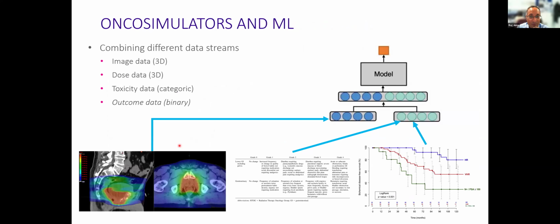Okay, so the idea that we had is to take oncosimulators and maybe start combining them with the sort of machine learning tools that you use in data science. Because if you do any kind of integrative cancer medicine, you are typically trying to combine some data from images. If you're a radiotherapy specialist, that image includes dose data as well, because radiotherapy is a very spatially targeted treatment, and we can produce maps of where the dose goes. Perhaps some toxicity data, which is categoric in nature, maybe some outcome data that might be binary. So all these different sorts of data sets.